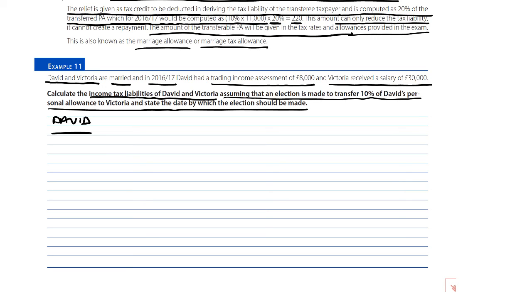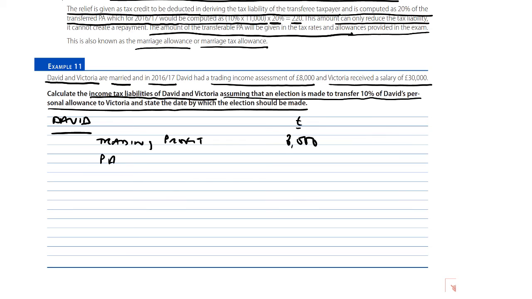We've got one source of income, trading profit. To do it right, you'd have your analysis column, but there is only one figure, so it's going to be very easy and there's no tax to compute. So I'm not going to bother here with those analysis columns. Trading profit is £8,000,